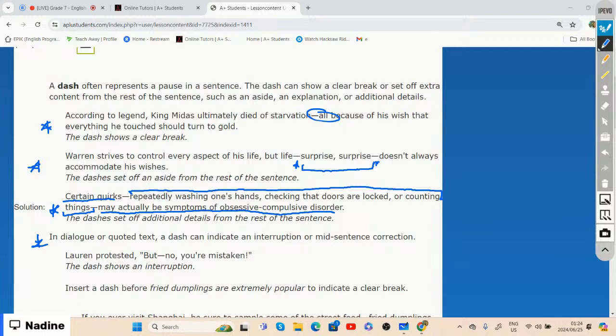Usually quoted text is either something that you directly took from something that someone had already said, or usually conversation, something that someone says directly is basically quoted. So if you want to repeat what I said, you'll put it in your own words. But as soon as you want to say what I said word for word, then you need to quote what I said because it is not your own words. So that is why they say in dialogue or quoted text, a dash can indicate an interruption or a mid sentence correction. For example,